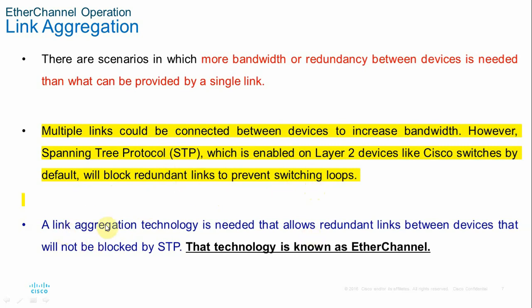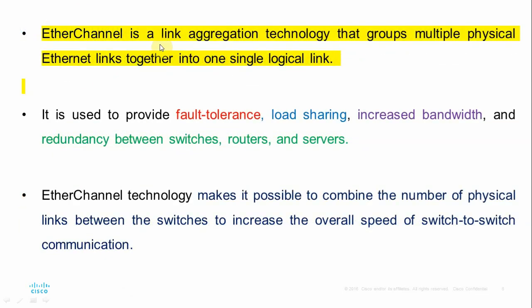Okay, so a link aggregation technology is needed which allows redundant links between devices that will not be blocked by STP. Usually STP will block the duplicate ports and make a loop-free topology, but here STP will not block the ports because I am using EtherChannel. EtherChannel means two physical links combined to form a single logical link or port channel, and they will have double the bandwidth. EtherChannel is a link aggregation technology that groups multiple physical Ethernet links together